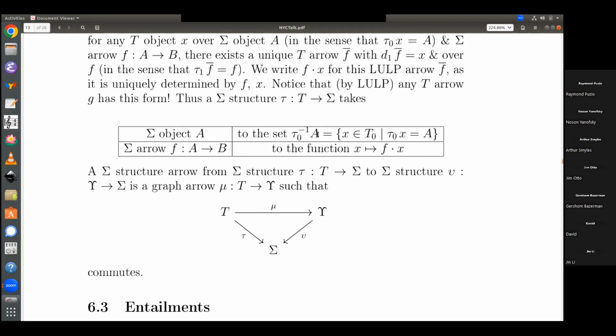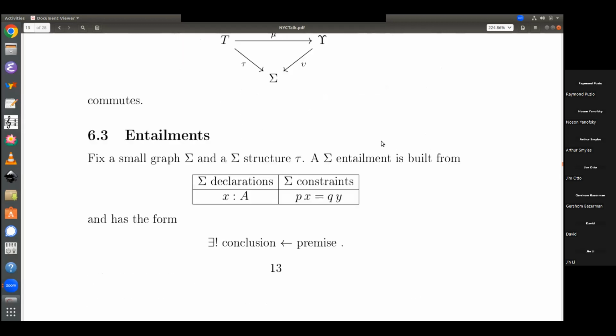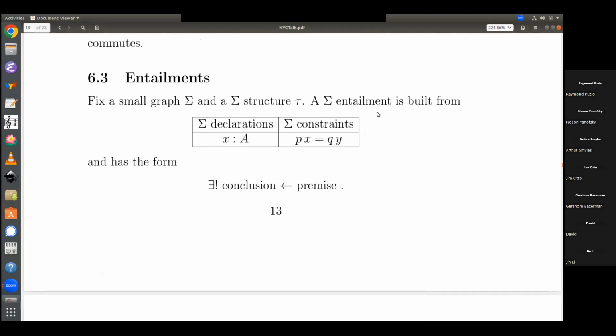It goes to a set, namely the fiber, and the arrow goes to that. Yeah, in the signature graph, you're thinking of the objects as being like sorts, and the arrows as being like dependencies, and these dependencies will go to an action, by the unique lifting. Then an entailment